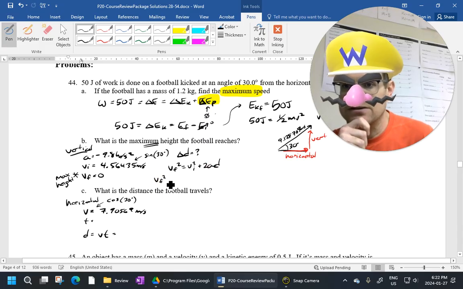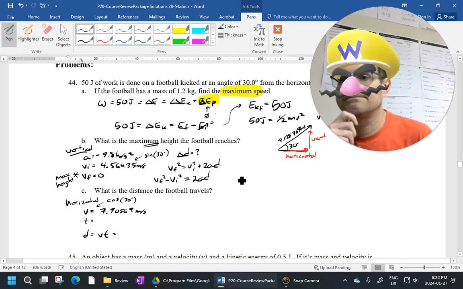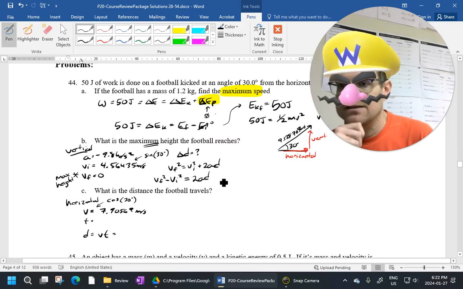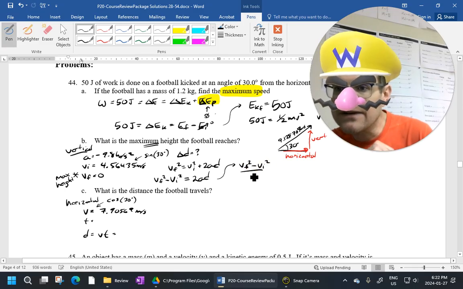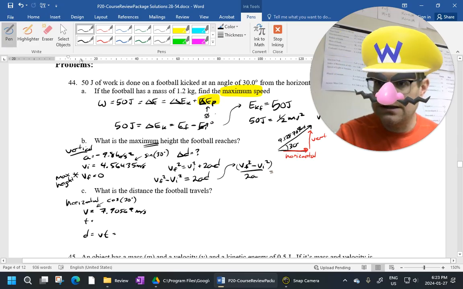I'm going to rearrange this. So I'll minus over the VI squared first. I'm going to then divide by 2a. All right? So we got VF squared minus VI squared divided by 2a. Okay. That should be equal to